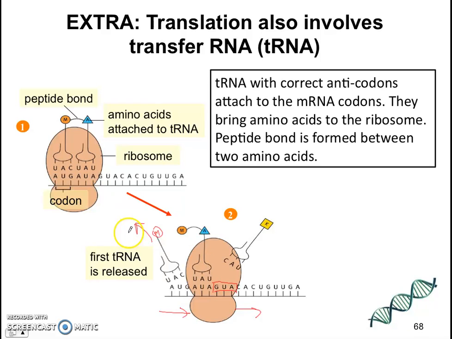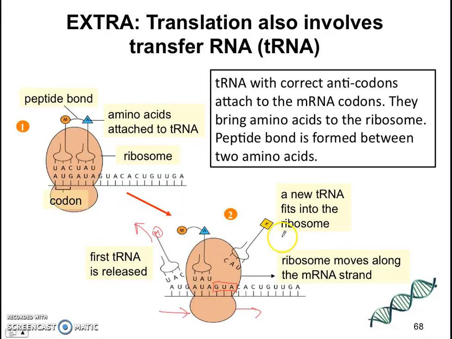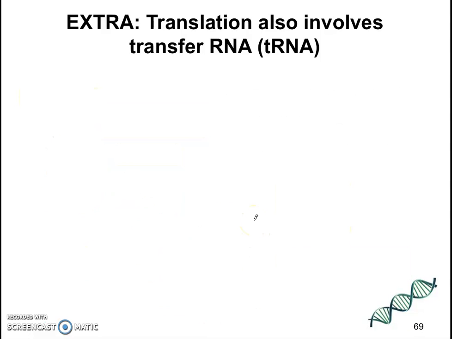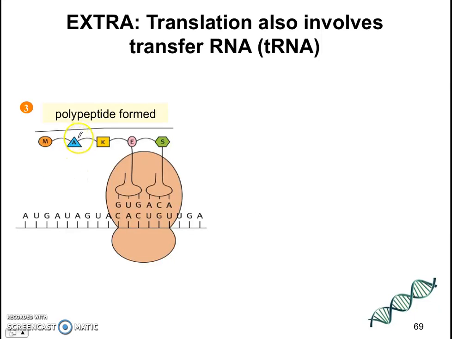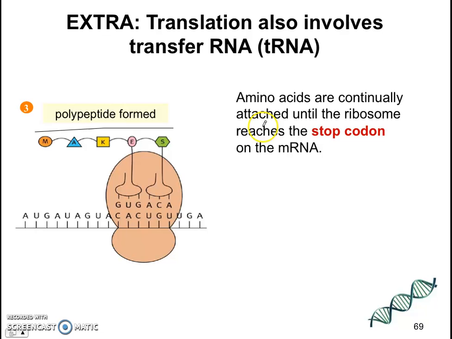Right, but the first tRNA is released, and then you can see that the next tRNA, which recognizes the next codon, will come in. So this new tRNA will fit into the ribosome. The ribosome will move along the mRNA strand, and then a new peptide bond will be formed between this previous one and the next amino acid, and so on. So you will see the ribosome move along, and then the next tRNA will come in with the next amino acid, and at the end of the day, amino acids are continually attached until the ribosome reaches what is